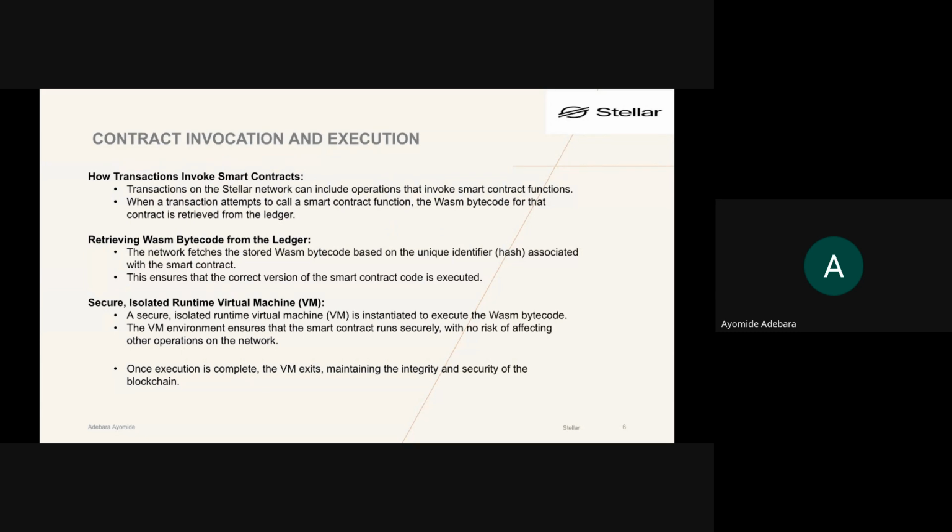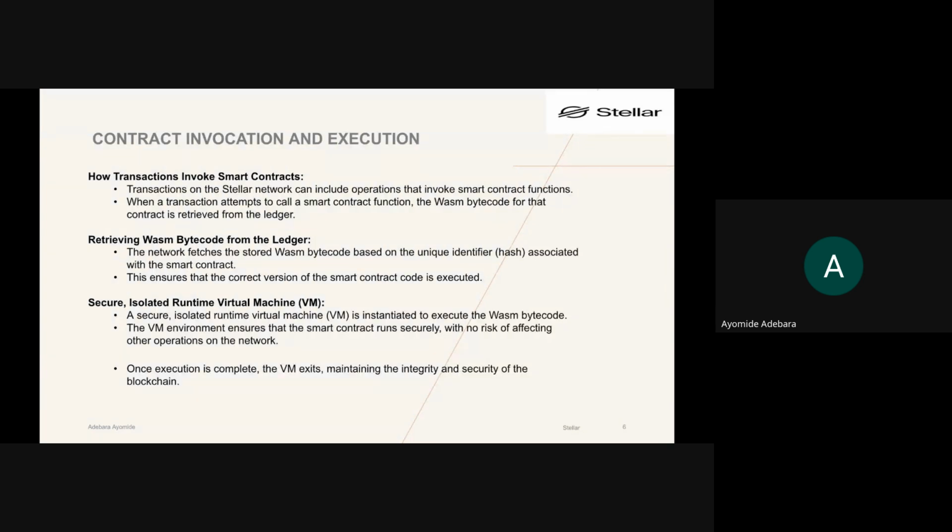It will definitely have a different unique identifier. All I'm trying to say is that if you deploy the same smart contract 20 times, the smart contract will keep having different unique identifiers, basically.